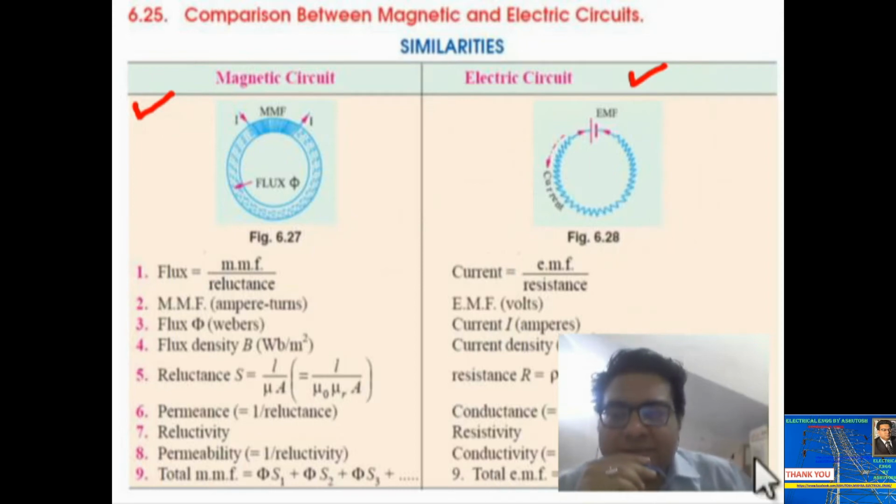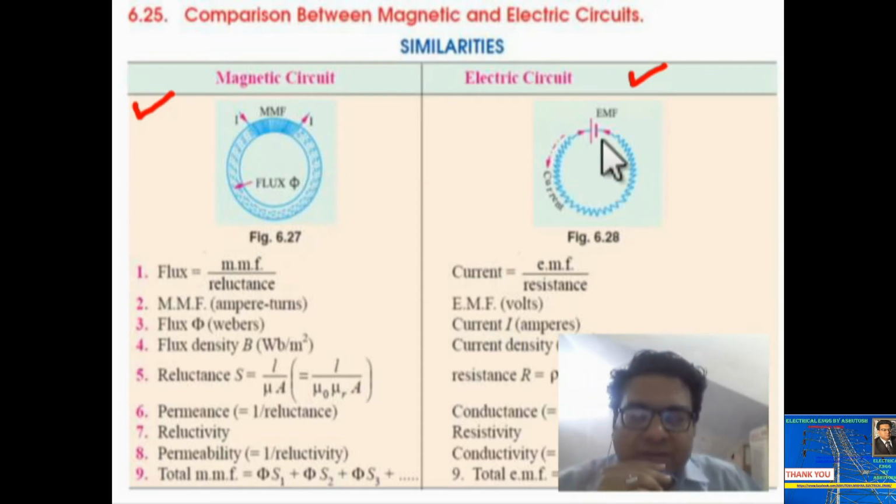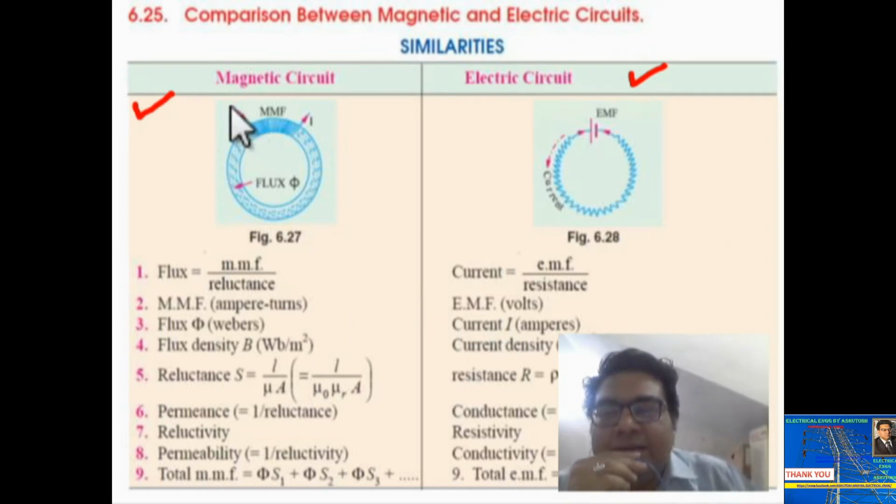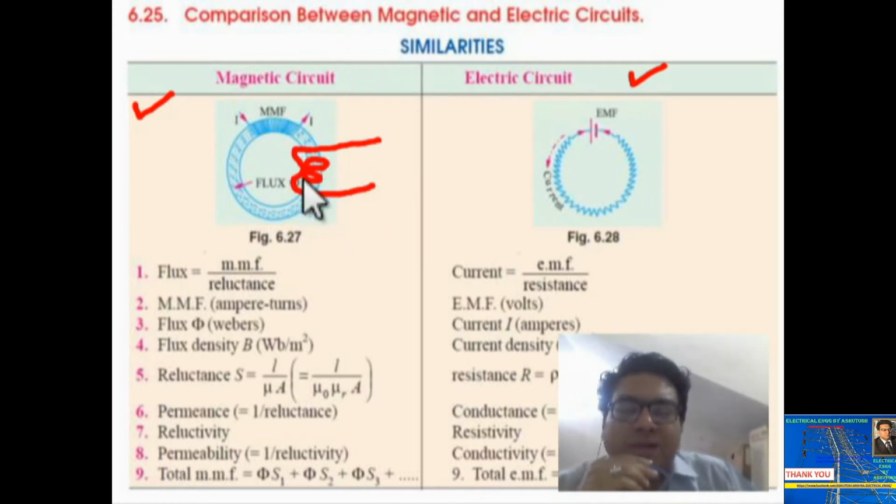So guys, यहाँ पर आप देख सकते हैं, this is the circular iron core. It could be made of cast iron or silicon steel, and there are windings wound on this silicon steel core. आप यहाँ पर देख सकते हैं कि यहाँ पर number of turns हैं guys. Here are the number of turns of windings. यहाँ पर इस तरीके से number of turns लिए गए हैं.